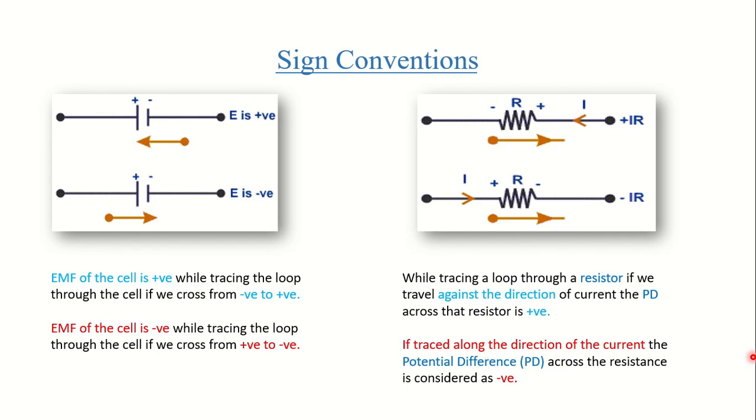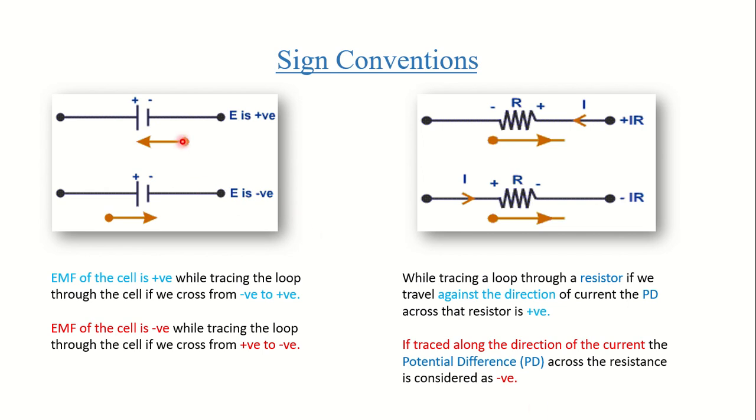Now we will see the sign conventions. In this slide, we will explain the sign conventions in detail. See, when we are solving a circuit, we have to take loops. Different loops are taken and we will explain the loops and we will be solving the circuit. So the sign conventions are considering the direction of the loop and the direction of the current. So these 2 points are to be taken care of while understanding the sign conventions.